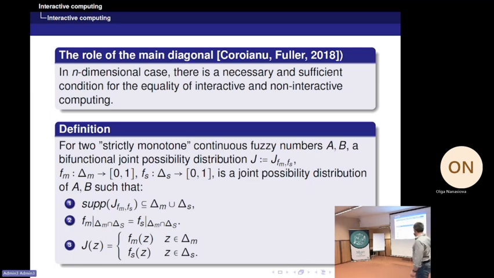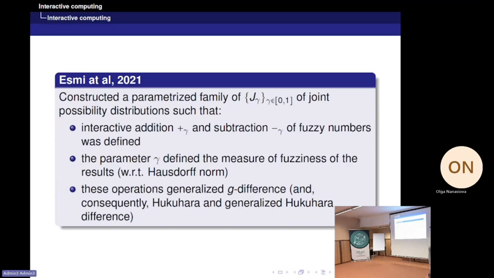With this, we obtain some representation of joint possibility distributions, and we can play a bit. I will mention some results developed by Estevão Esmi, because what they did, they constructed a parameterized family J gamma of joint possibility distributions, such that, with the help of this parameterized family, they computed this interactive